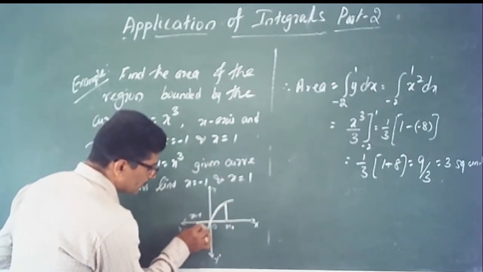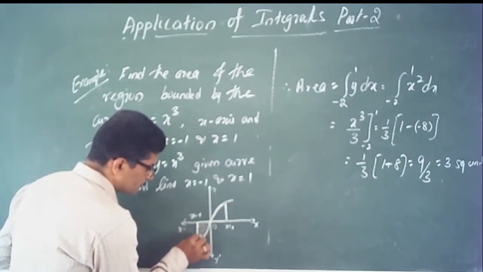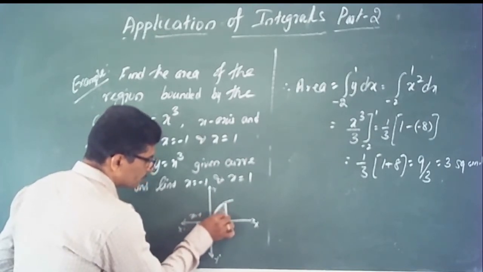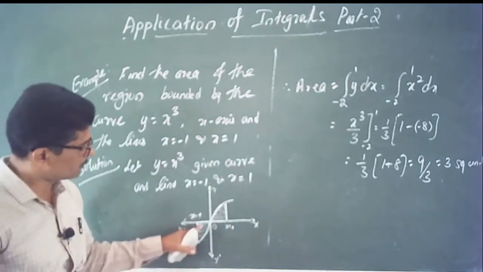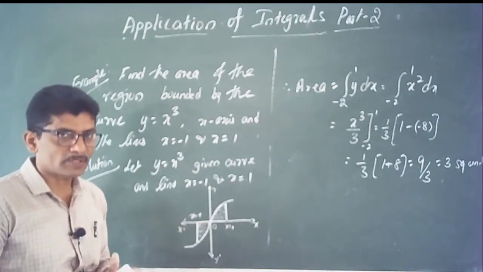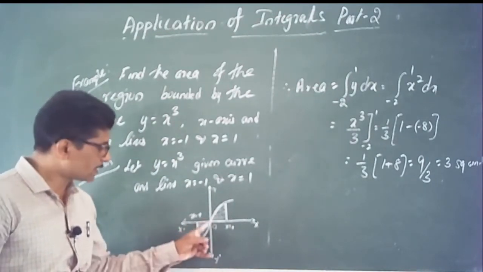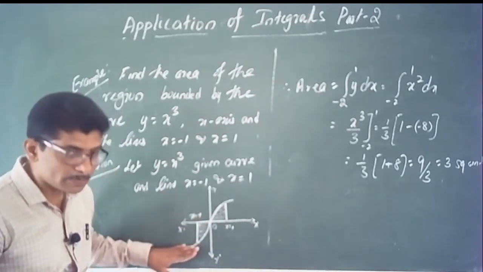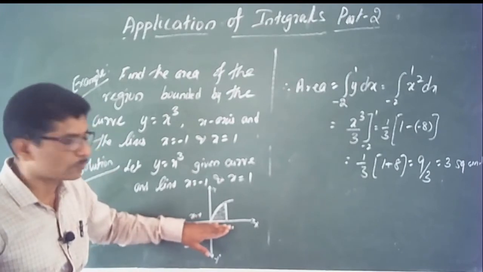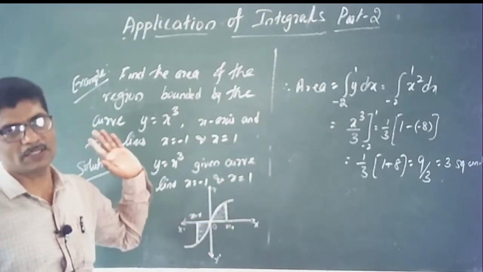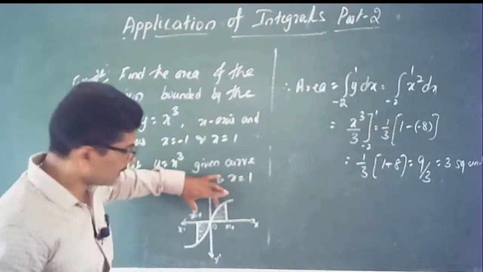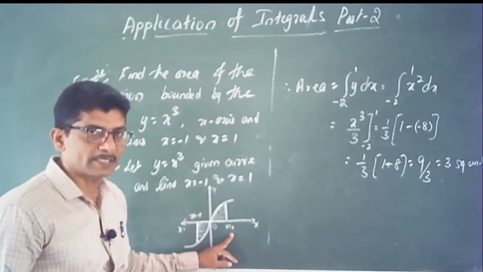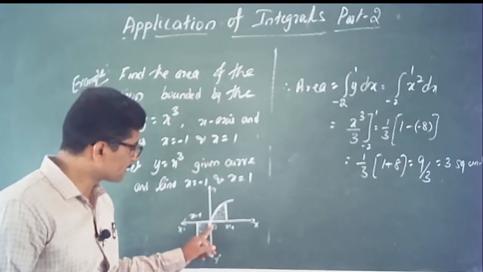ಈ area plus this area. It is clear? The sum of the area. But here observe that the curve intersects the x-axis at 0 and some portion of the curve is below the x-axis and some portion of the curve is above the x-axis. ಹಾಗಾಗಿ ಇಲ್ಲಿ ಏನು ಮಾಡಬೇಕಾಗುತ್ತೆ? We split the integrals. -1 to +1 ಅನ್ನು ಸ್ಪ್ಲಿಟ್ ಮಾಡಿ ಬರೀಬೇಕು. ಎಲ್ಲಿ ಇಂಟರ್ಸೆಕ್ಟ್ ಆಗಿದೆ? 0 ದಲ್ಲಿ.